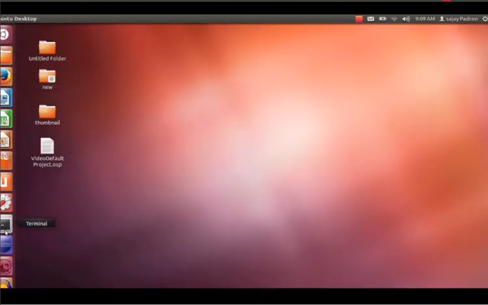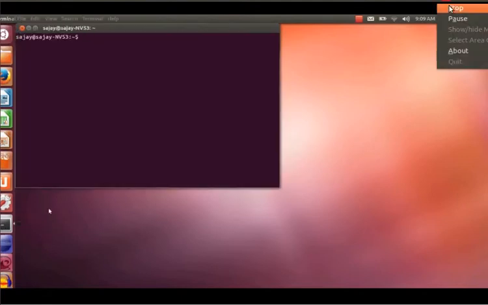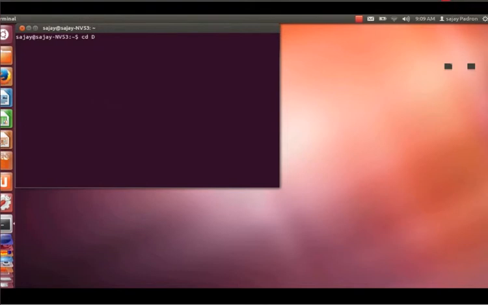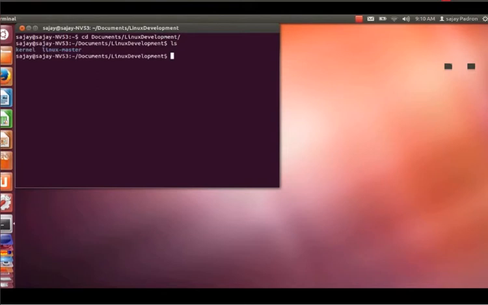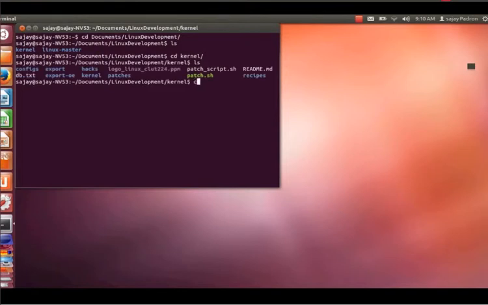Now we're going to open the terminal again. Let's close this, open up the terminal, and we're going to open kconfig again. Say Documents, Linux development. We're going to open the kernel again,